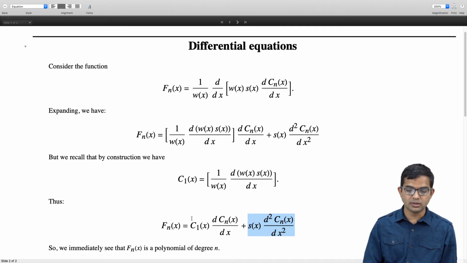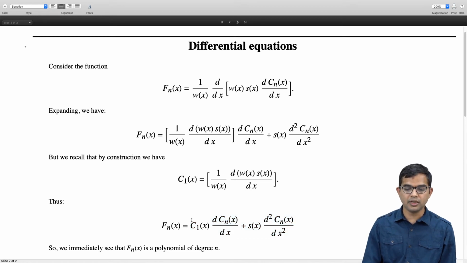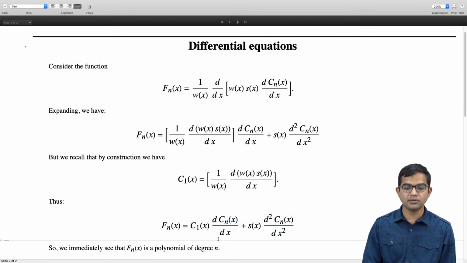So overall, this is indeed a polynomial because of the way in which we are tying together various polynomials, and s of x is also either 1 or x squared minus 1 or x, so that's also a polynomial. So indeed this overall object is a polynomial and it has degree n. Now we will argue that it's not just any arbitrary polynomial, but it's in fact a familiar polynomial.